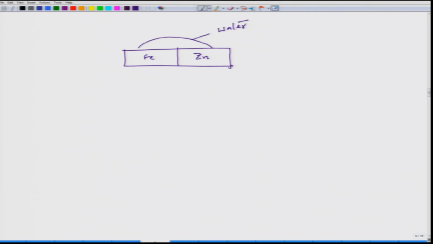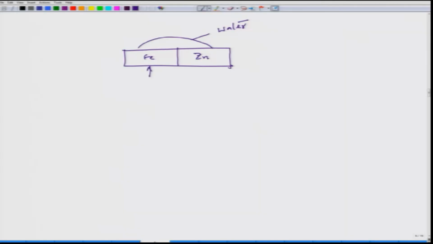When the water droplet falls on this particular joining, that droplet does not contain iron ions. So, where would we get iron ions? So, the cathodic reaction is something different. It acts as cathode,